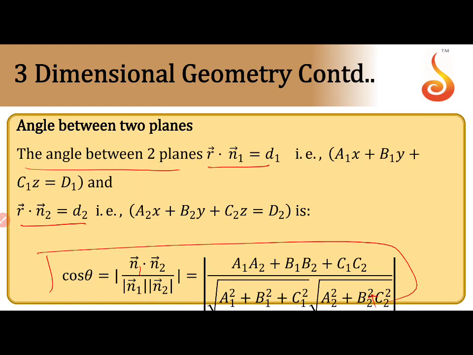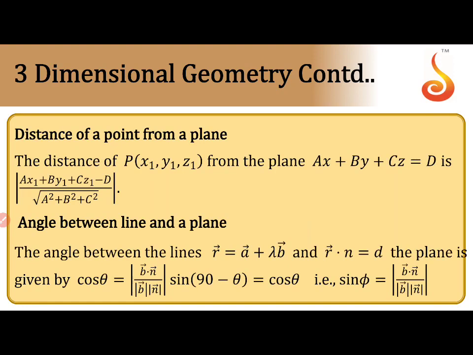So here, theta equal to 90 degrees, the condition is a1 a2 plus b1 b2 plus c1 c2 equals 0. If theta equals 0 degrees, so they are parallel, then a1 by a2 equals b1 by b2 equals c1 by c2. Same conditions as you got for lines, same thing for planes also. Here the angle between two planes is nothing but the angle between their normals, that is n1, n2. Clear? So here a1, b1, c1 are the normal DRs, and a2, b2, c2 are the normal DRs of the second plane.